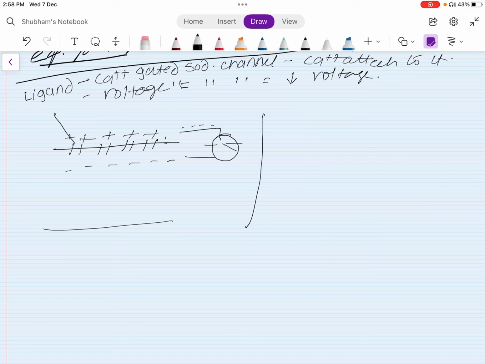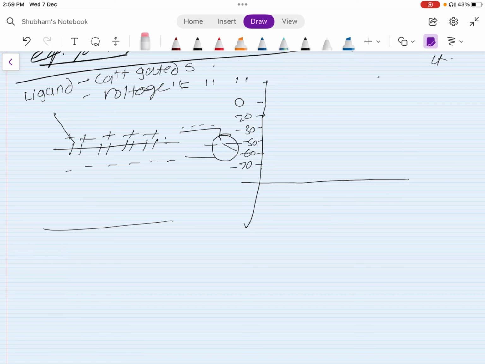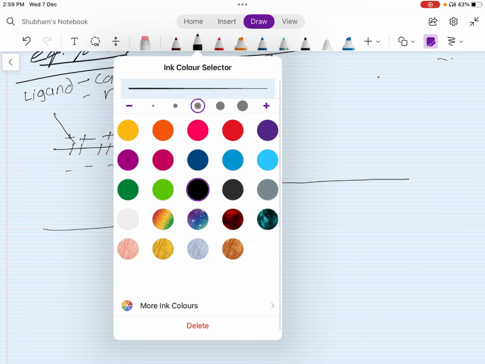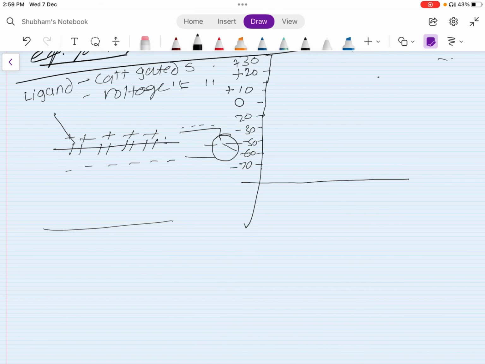Say it's a line, and let's draw minus 70, minus 60, minus 50, minus 30, minus 20, and this goes to 0, and then it goes to plus 10, plus 20, plus 30, right? So what is the action potential right now at this stage? The membrane potential is